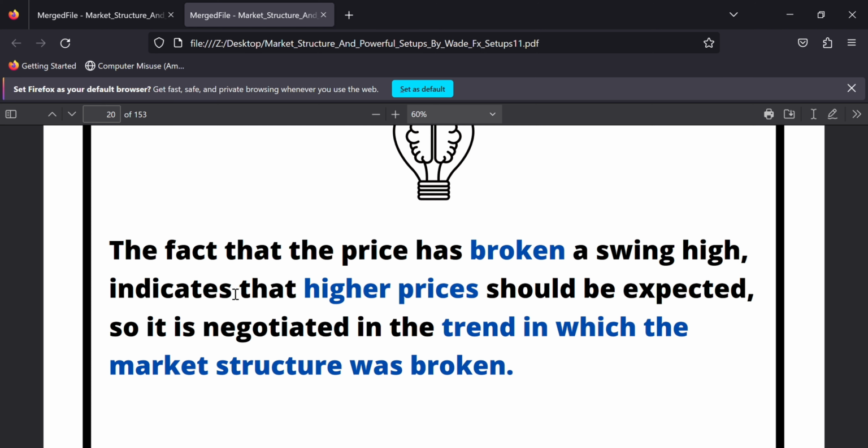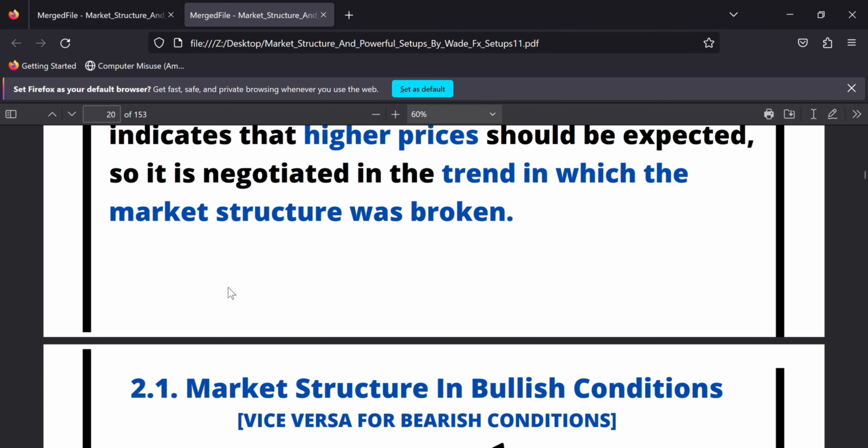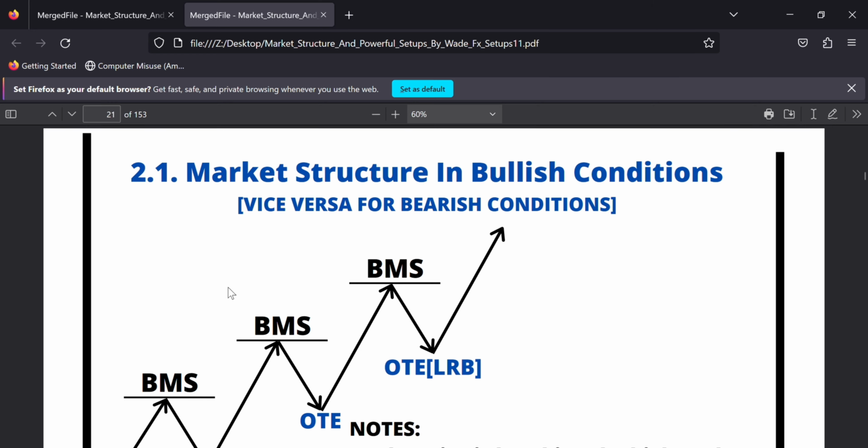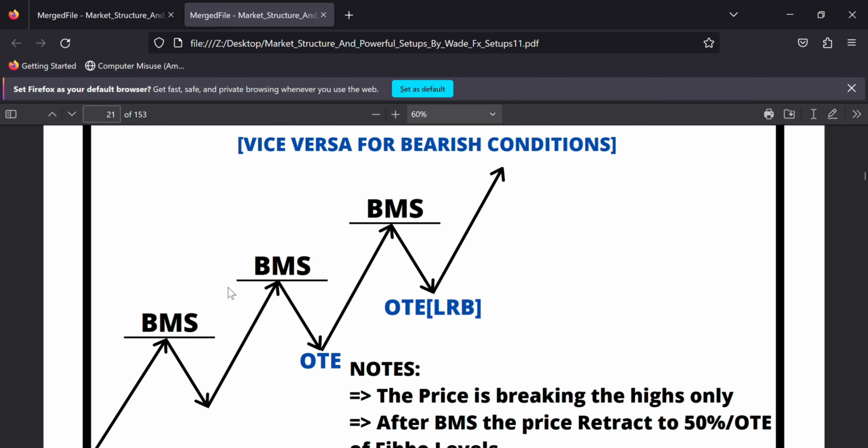But when the market makes an SMS, that indicates that the market is likely going to change into a bearish trend. Okay, yeah. Market structure in bullish conditions, vice versa for the bearish conditions. Market expansion, as I said, retracement, expansion, break of structure, range high, OTE levels of Fibonacci, as I said, expansion, break of structure at the top here, range high, retracement to OTE levels of Fibonacci, range low, as you can see,